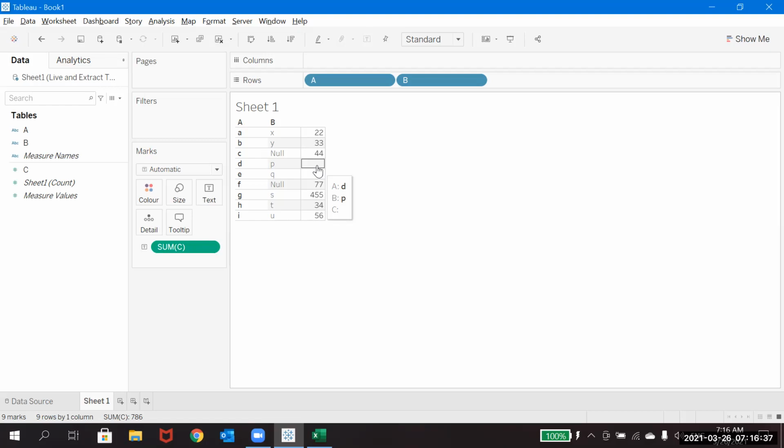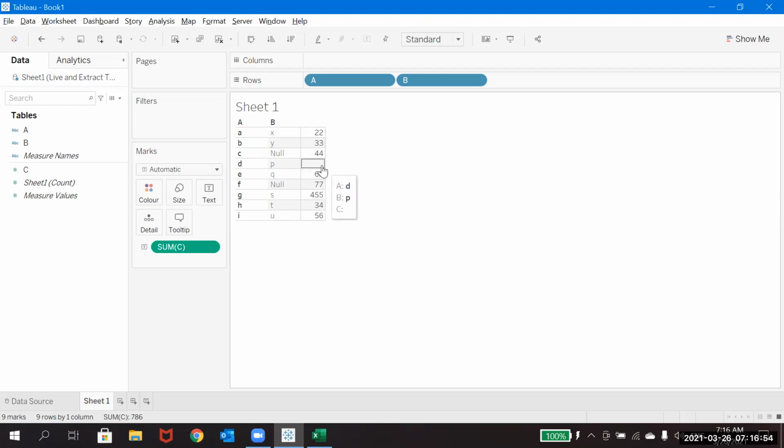So this is what your doubt was, right? Why it is showing null here and why it is not showing null for the other one. Since it is a string, it is written as a null here. Since it is not a string, it will just show like a blank. But both are the same.